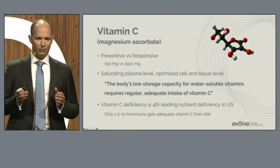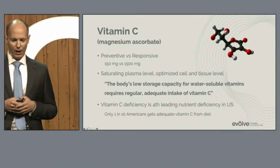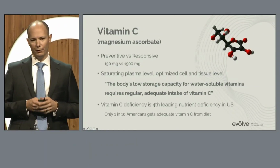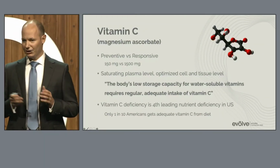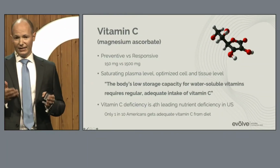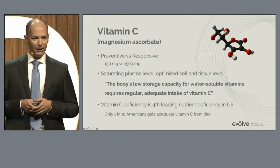Now, due to the body's low storage capacity for water-soluble vitamins, which vitamin C is, regular and adequate intake is required to prevent vitamin C deficiency. And you'd be surprised to know that vitamin C deficiency is actually relatively common in Western populations. In fact, in the United States, it is the fourth leading nutrient deficiency, with nearly 66 million Americans who are